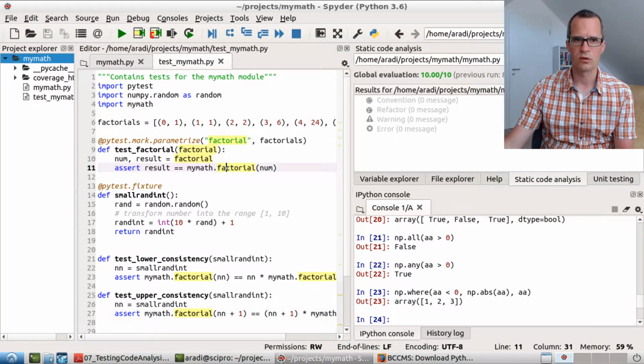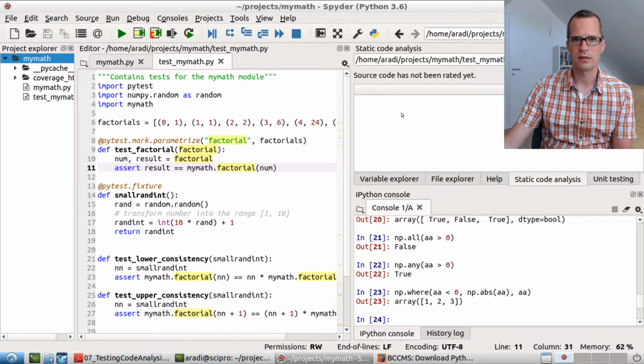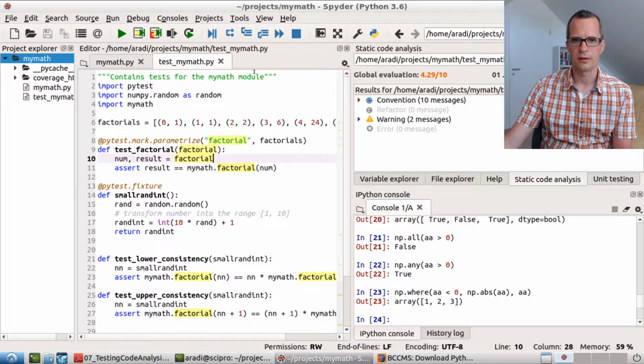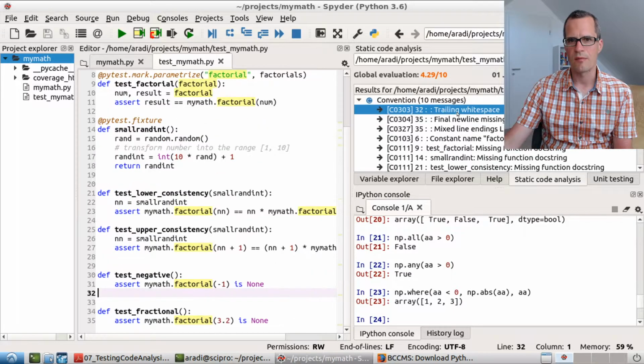Okay, we could also test for test MyMath if you wanted. And here it says, okay, this source code has not been evaluated yet. No Pylint was running, and you say, I mean, this is a disaster what we have. Many things are these trailing white spaces, and this trailing white space is very annoying. And basically, in order to avoid this annoyance and always fix it by hand, something which you don't see anyway,